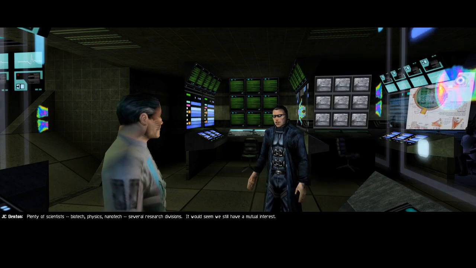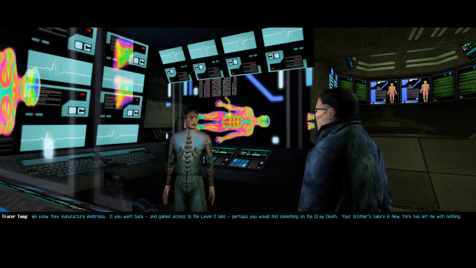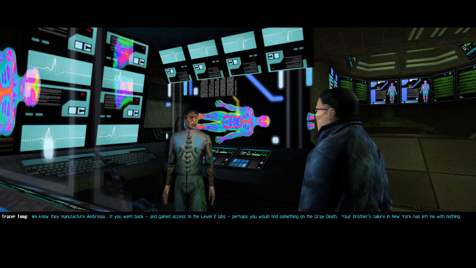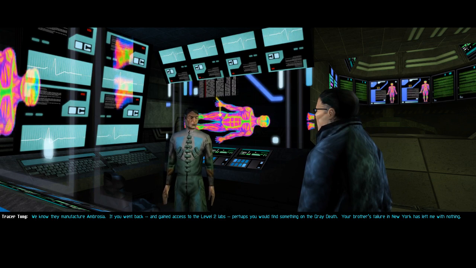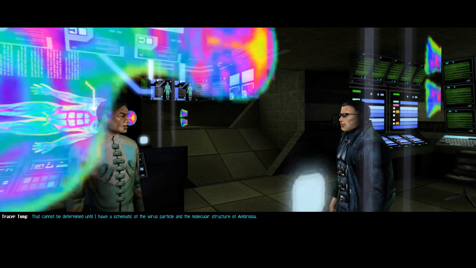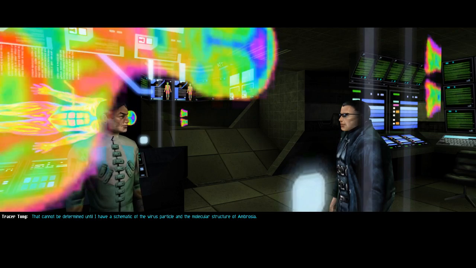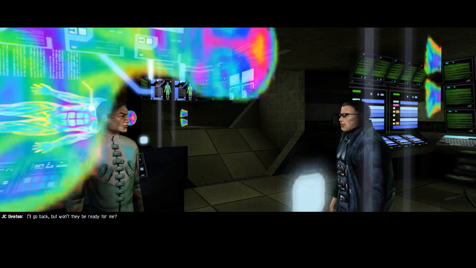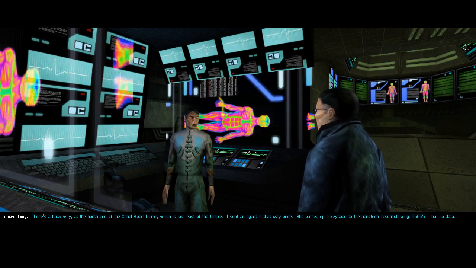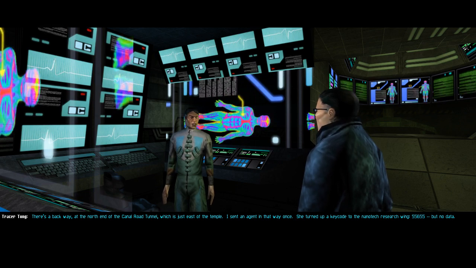It would seem we still have a mutual interest. We know they manufacture ambrosia. If you went back and gained access to the Level 2 labs, perhaps you would find something on the Grey Death. Your brother's failure in New York has left me with nothing. You think you could find a cure? That cannot be determined until I have a schematic of the virus particle and the molecular structure of ambrosia. I'll go back, but won't they be ready for me? There's a back way at the north end of the Canal Road Tunnel, which is just east of the temple. I sent an agent in that way once. She turned up a key code to the Nanotech Research Wing,